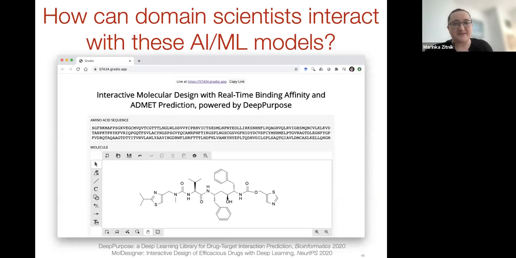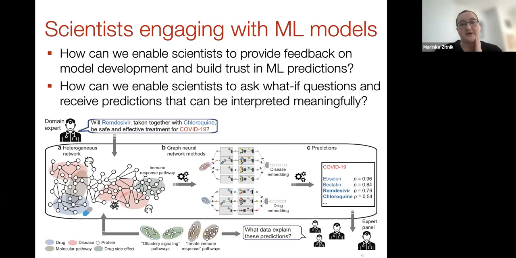Okay, perhaps just a final thought is this question that was raised on how to allow domain scientists to interact with AI and ML models. And so a major part of this effort was really to implement some of the techniques that we developed earlier based on GNN explainer that can explain predictions made by these graph neural networks. And then those predictions were presented to the users and turned out to be very important for users to build trust in the model.